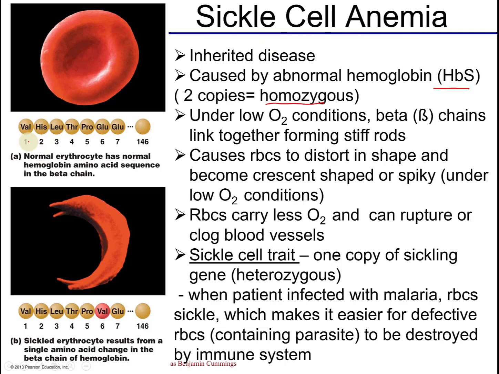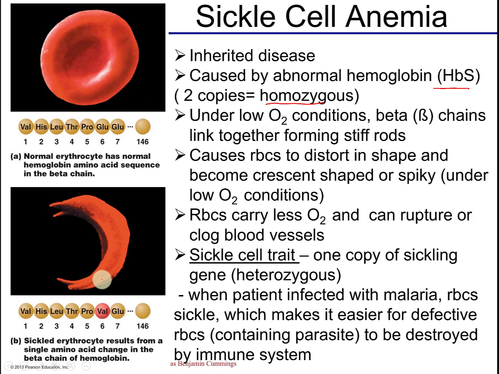Well, here is one hemoglobin molecule, and they're showing you the amino acid sequence. So we're just showing you the first 7 amino acids, and this is a normal red blood cell. But here you'll notice in the sickle cell, there's one amino acid that's off, and that's number 6, valine. So instead of glutamine, you've got a valine. Now, a lot of times these type of changes don't make any difference in the function, but in this case